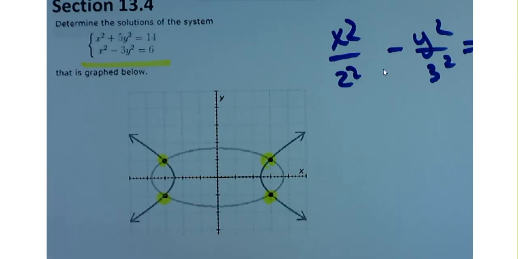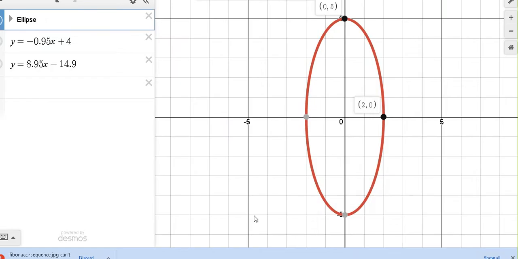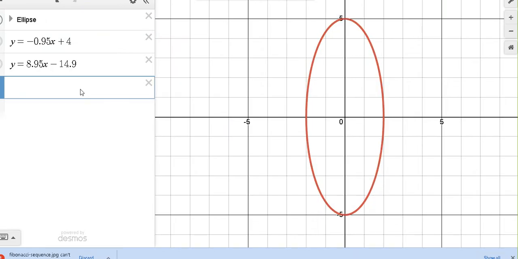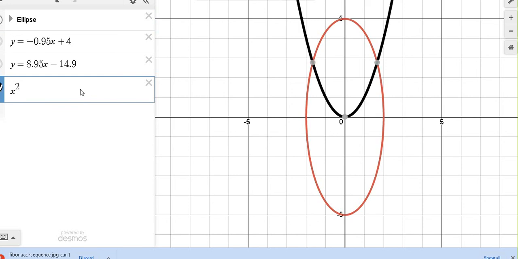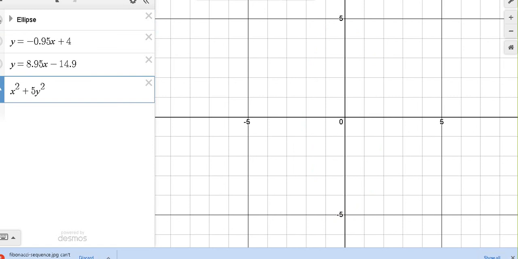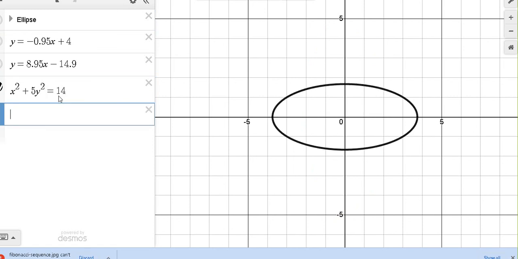Now, you can use Desmos on the exam, and even though Desmos might not tell you the exact answers, sometimes it'll at least let you know how many answers to expect. So let's see, that was a 5. Let's shut that off. Equals 14. And what was the other equation? x squared minus 3y squared